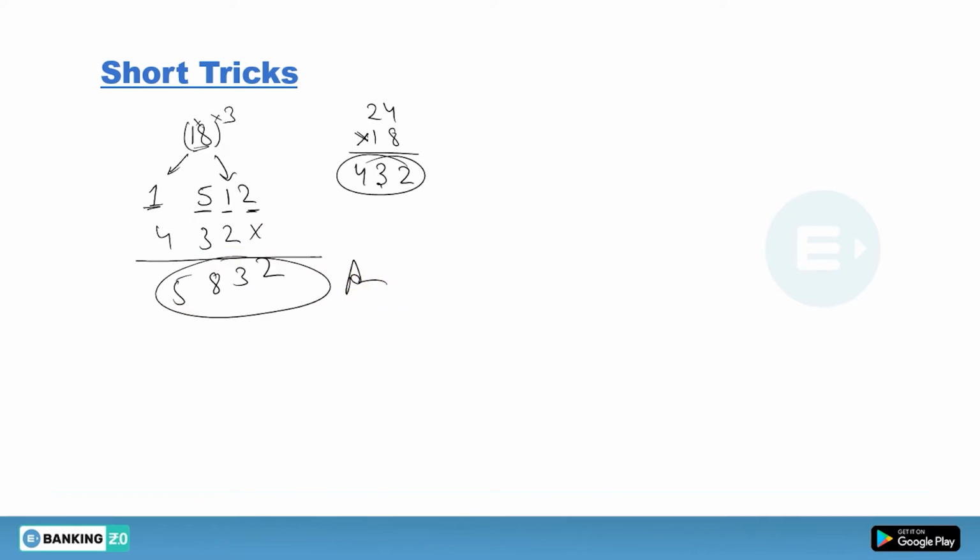Now what is the next step? Just multiply this 1 into 8 into 3. What will you get? You will get 24. 1 into 8, 8. 8 into 3, you will get 24. Now 24 into this 18. You have to multiply this 24 into 8, 18 into 4. You get 72. Now 7 carry, 18 into 2, 36 plus 7. So that becomes 432. Okay. So now leave one digit here and write 432 here. Now add this, you will have 2, 3, 5 plus 3, 8, 4 plus 1, 5, 5, 8, 3, 2. This one is the answer.